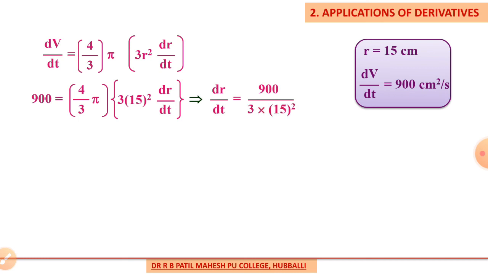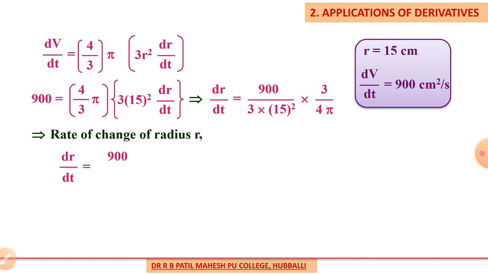Taking that 3 into 15 square to the denominator, and 4 times pi by 3 becomes 3 by 4 pi. Now the rate of change of the radius r is nothing but dr by dt. This equals 900 divided by the same expression. Next we simplify this, so we get